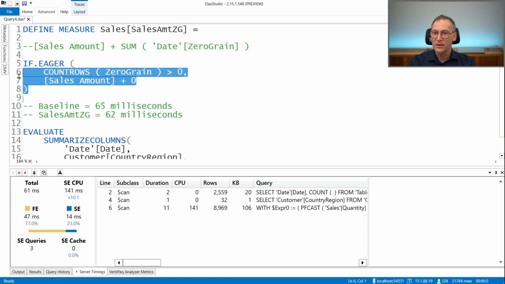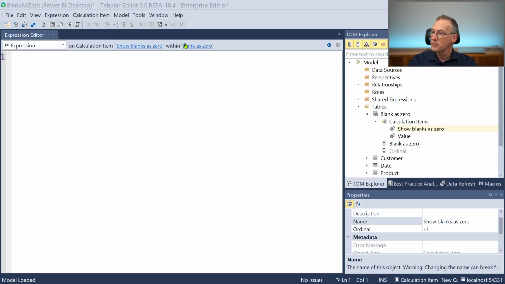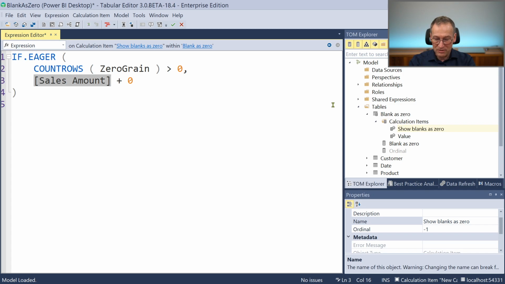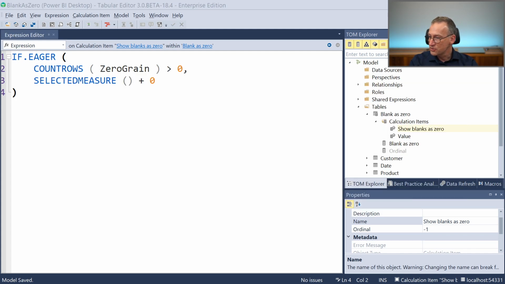Okay, I still have the code here, so let me copy it, then go back here. And the difference is that here, instead of sales amount, I need to use selected measure. So if there are rows in 0 grain, then return the selected measure, otherwise selected measure plus 0, otherwise just don't do anything. We need to save that, go to